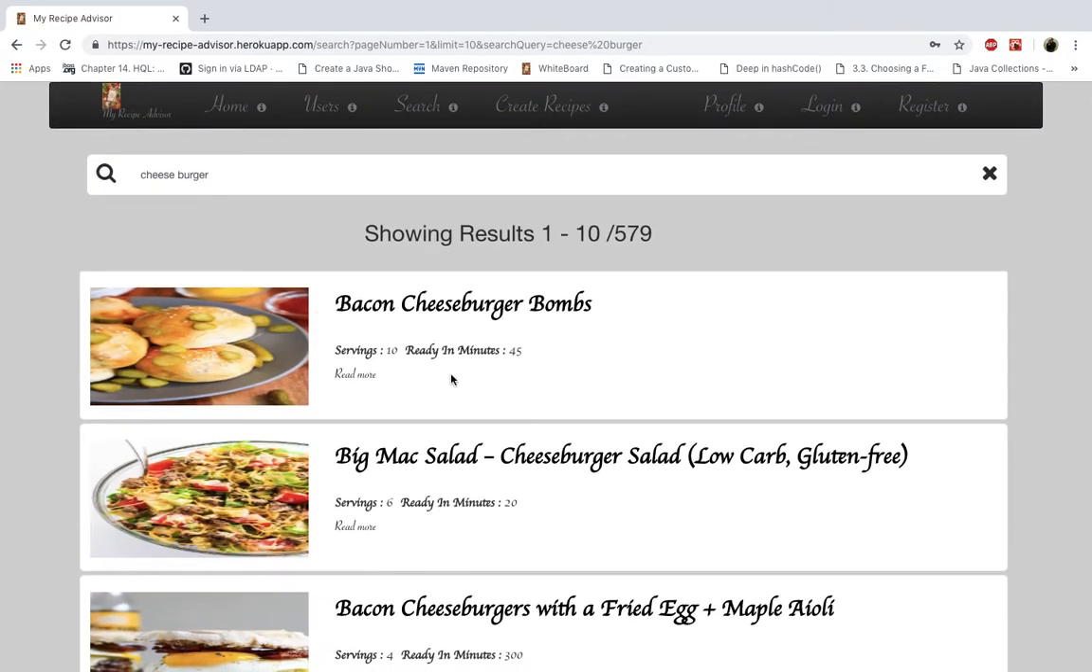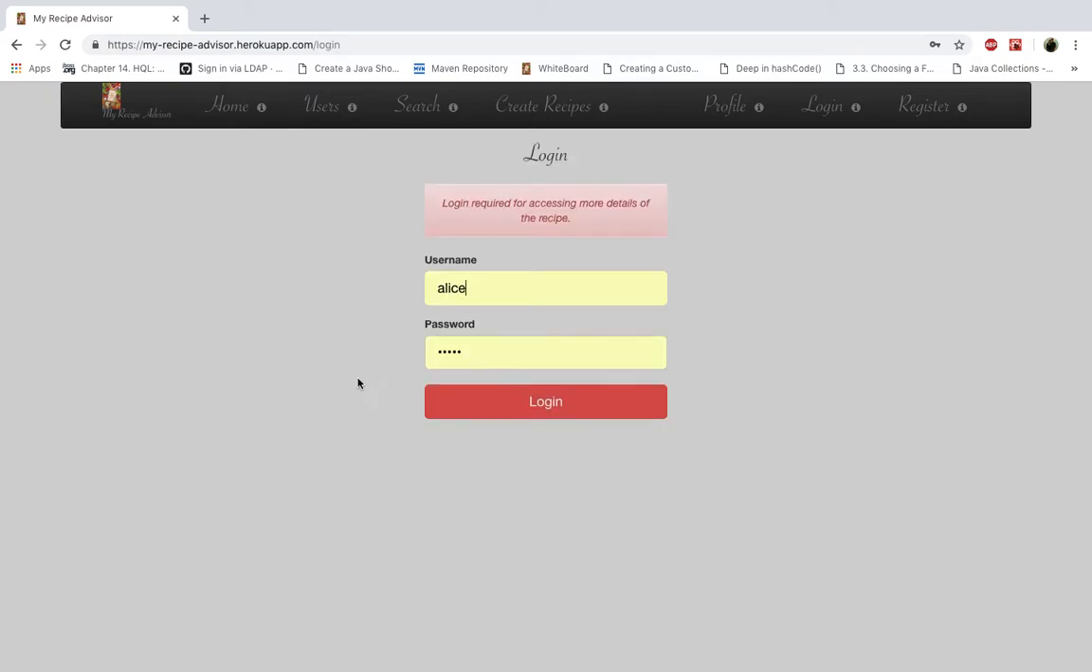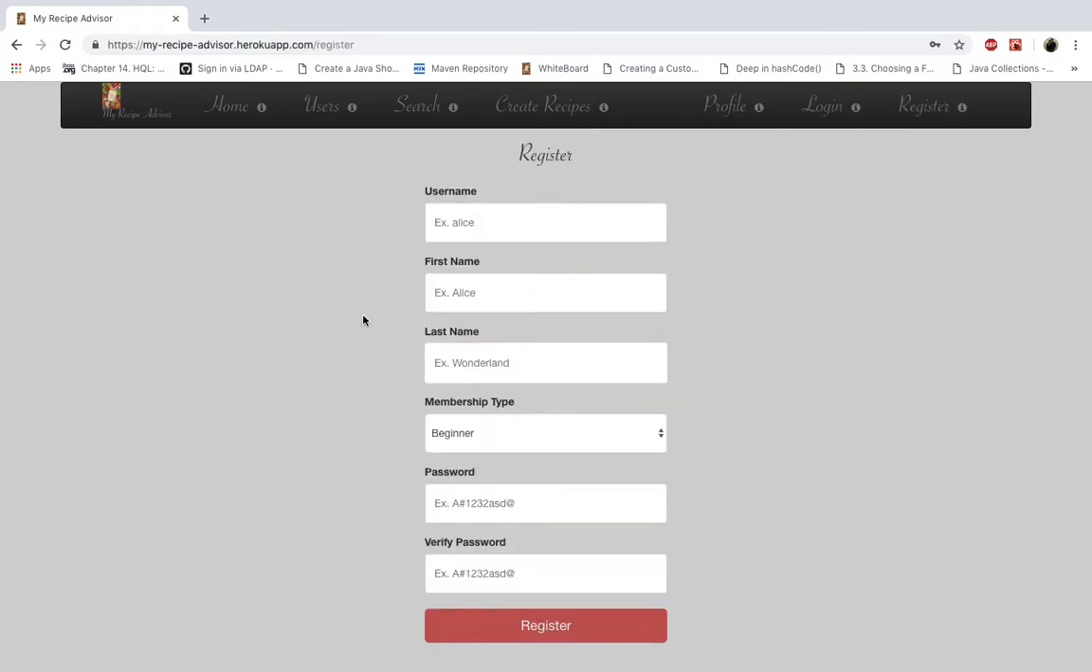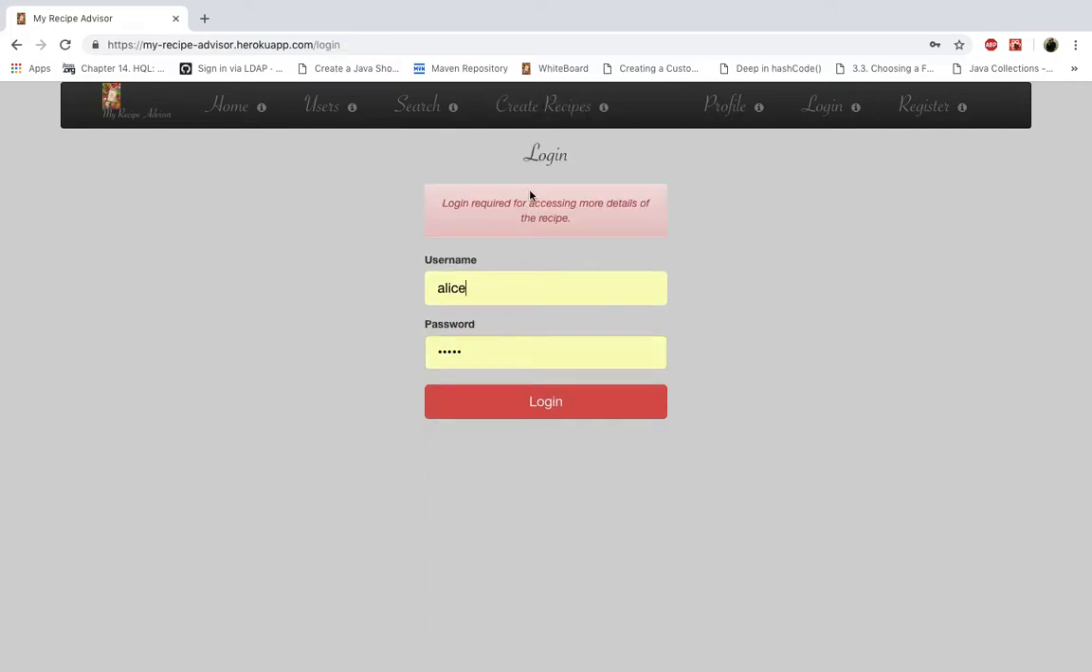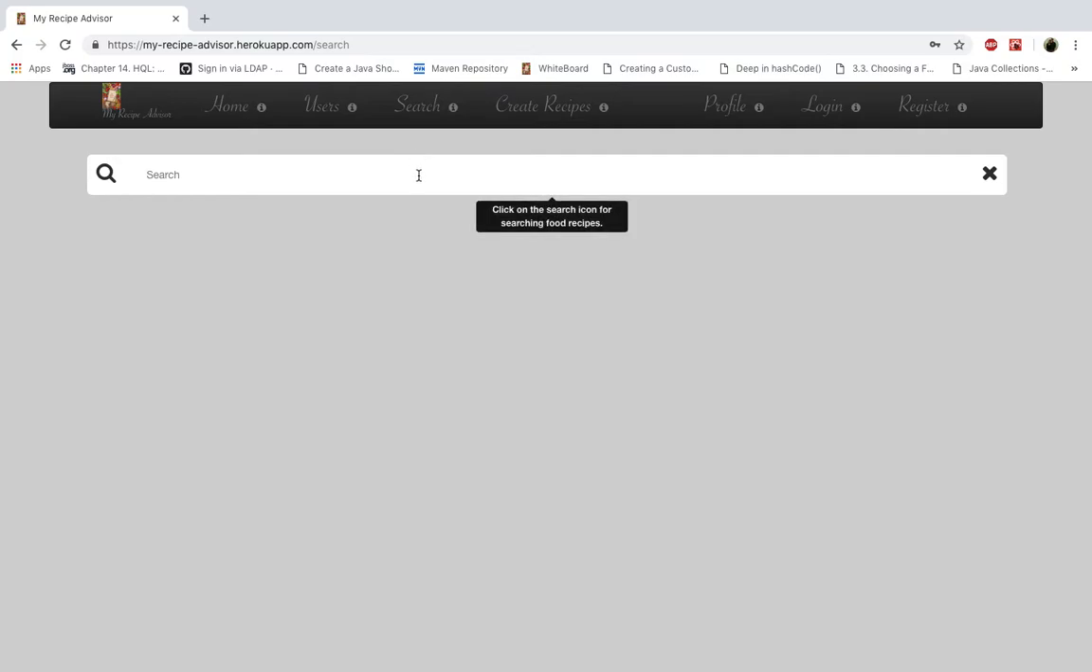Now, if I want to see the details of any recipe, I need to be a logged in user. Same, if I want to see my profile, I need to be a logged in user. This is a registration form on the application which allows any new member to join the application. If I want to create recipes, at that time as well, I need to be a logged in user. Now going back to search, doing the search again,